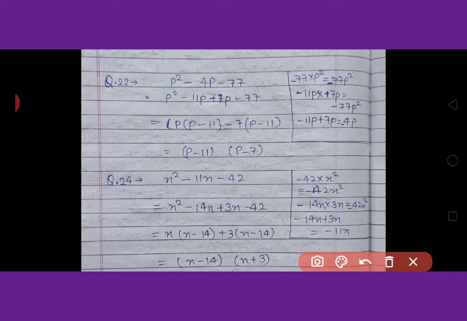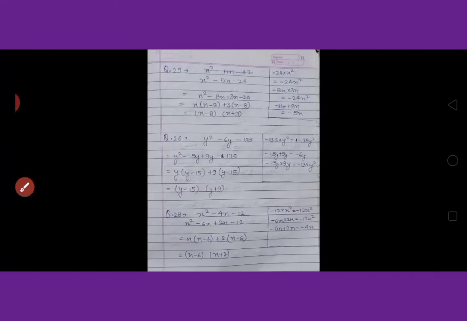Now it has divided into two groups. So x square minus 14x. x is taken common in the first group, so it remained x minus 14. Now in the second group 3 is taken as common, plus 3, so it remained x minus 14. From both groups x minus 14 is common, so we will take it out and what remains is x plus 3. So in the second bracket we will write x plus 3. We have to go to the next question.